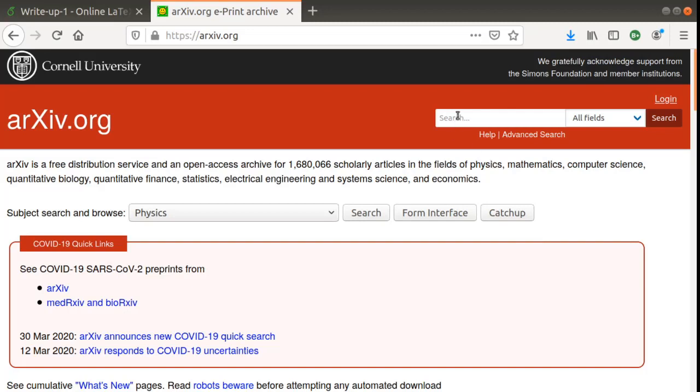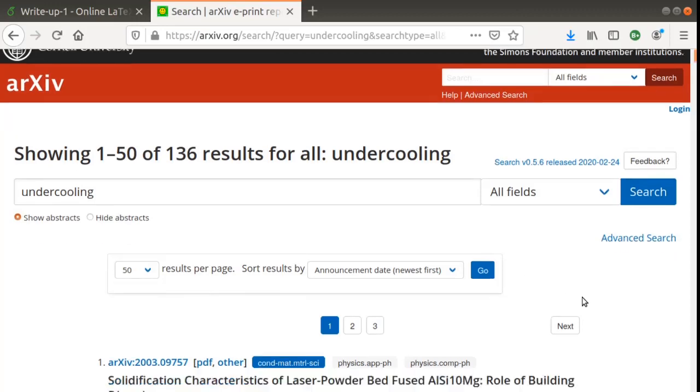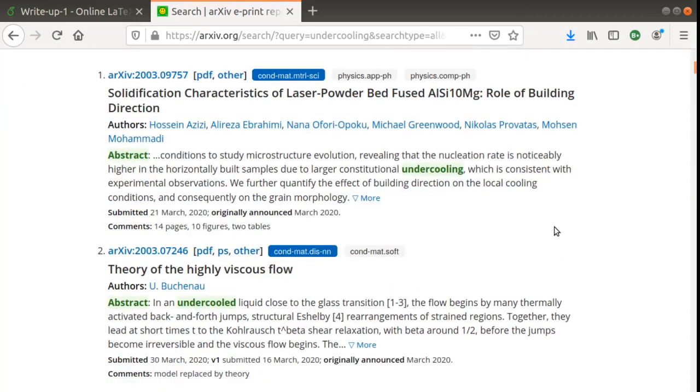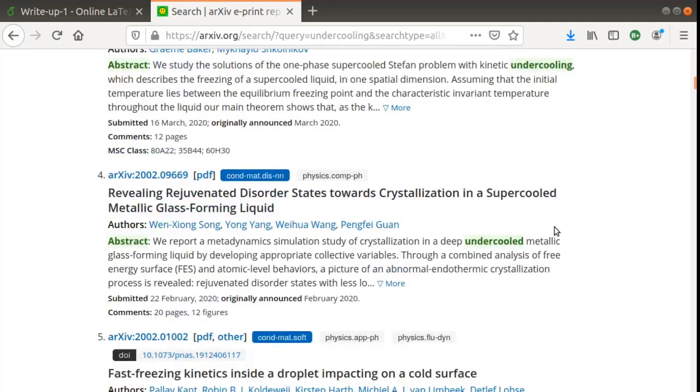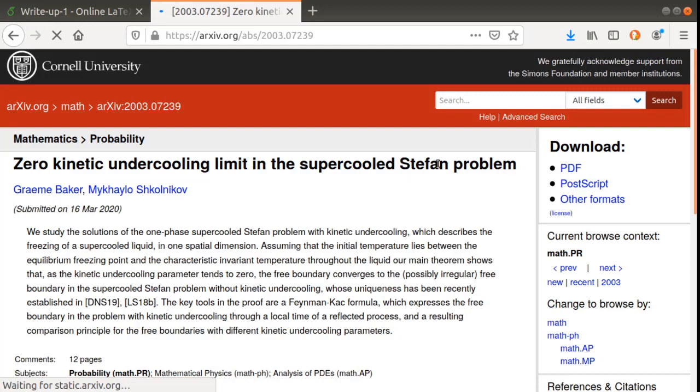So you can actually start searching for a keyword. We will perform the same survey here also on undercooling, and let us look at the articles that come out. You could see that it lists various articles, and we can pick up some article, let us say this one here, and click on the link which says arXiv: and then the ID, and you can see the article,